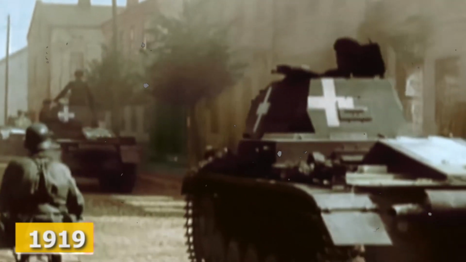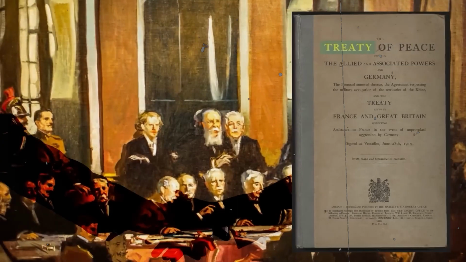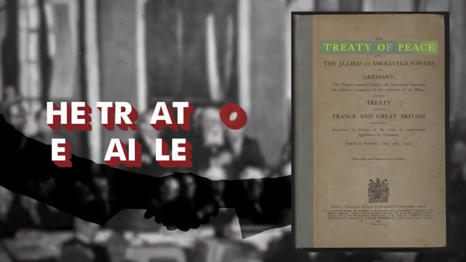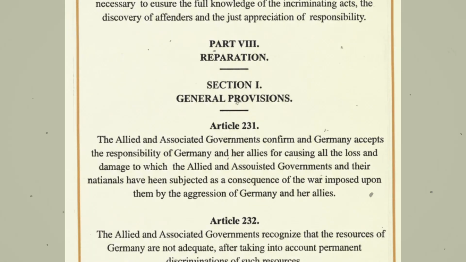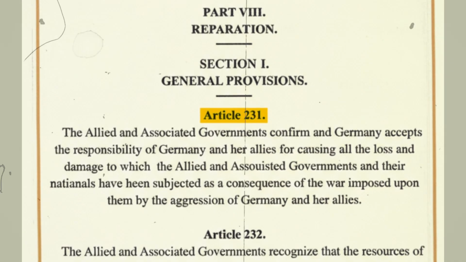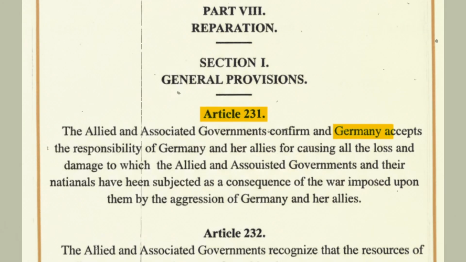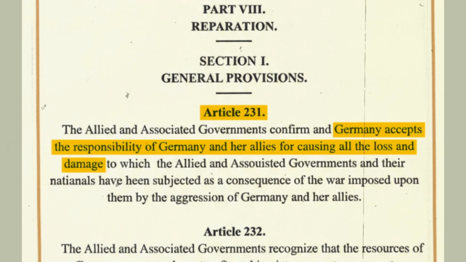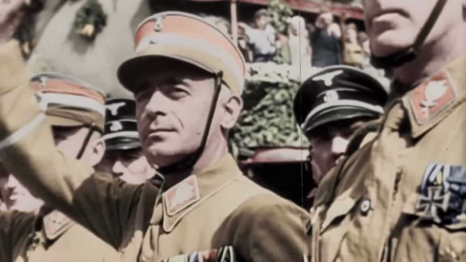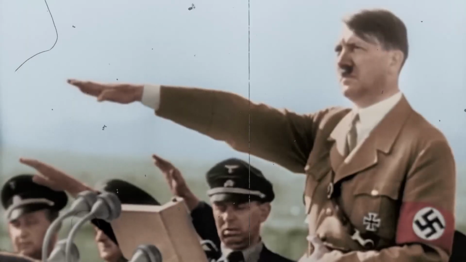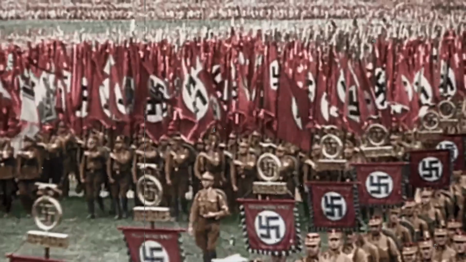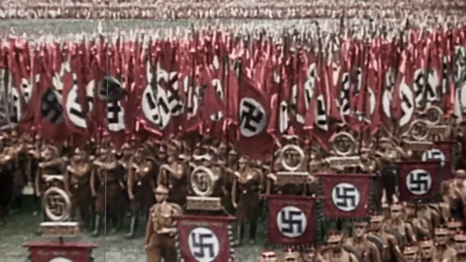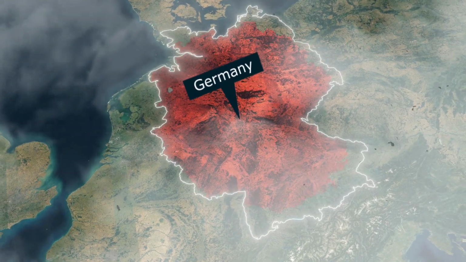Let's begin this story in 1919, the year when World War I ended and the famous peace treaty was signed, the Treaty of Versailles. This treaty contained an important clause, Article 231, which held that Germany was to bear responsibility for all losses caused by World War I. This clause is also known as the War Guilt Clause because it essentially implied that regardless of other countries participating in the war, Germany was to be blamed entirely.